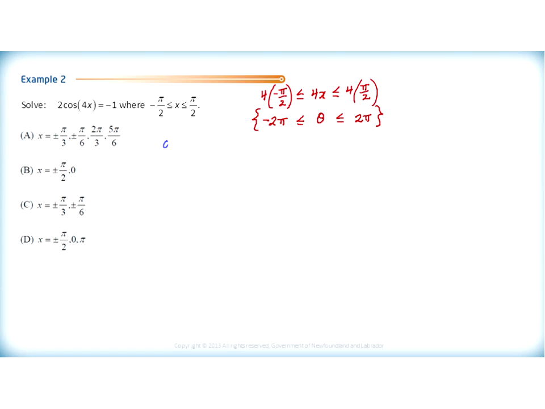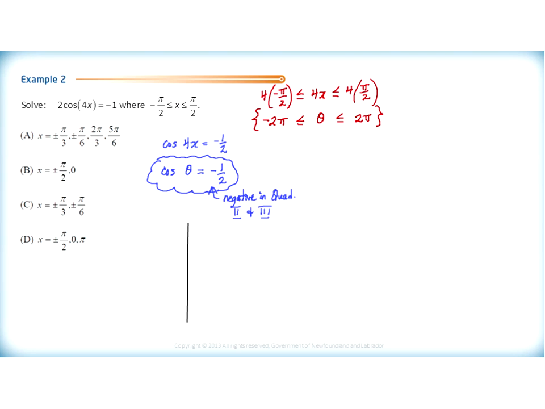So we would have then that the cosine of 4x is equal to a -1/2. If we replace 4x with theta, we are solving the cosine of theta to equal a -1/2. And this is something that we are familiar with. Remembering that cosine is negative in quadrants 2 and 3. So if we sketch a diagram to illustrate what's happening, we can use a unit circle,